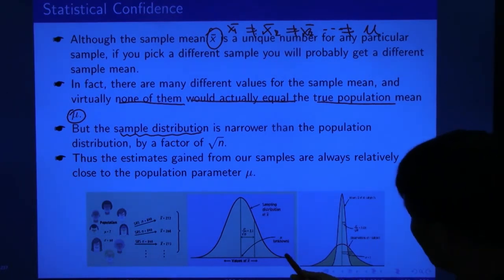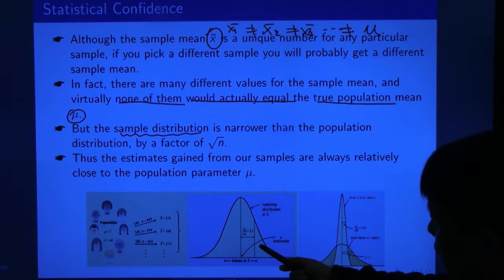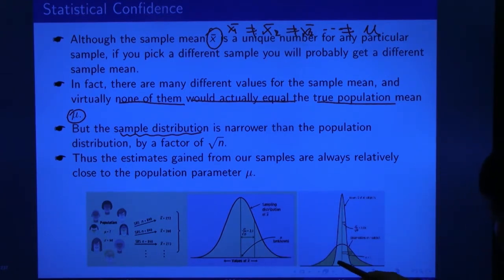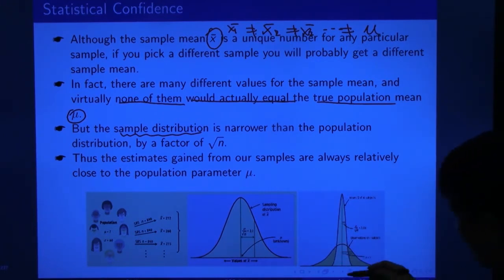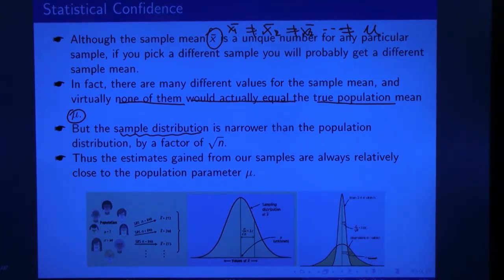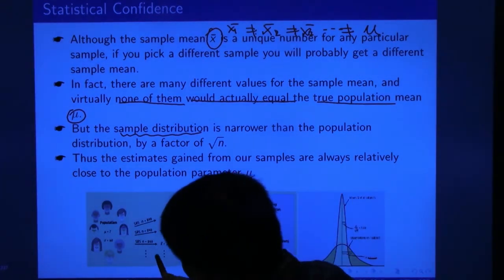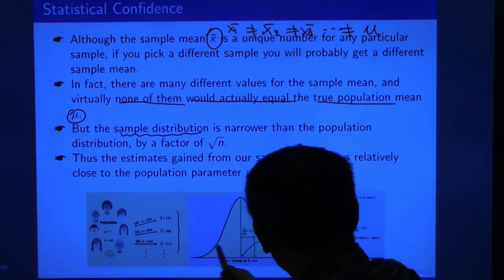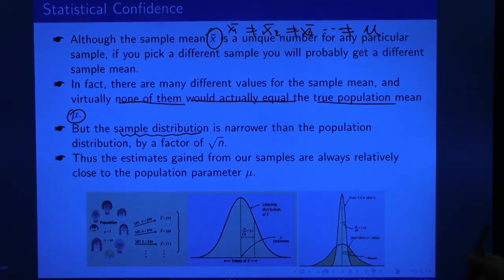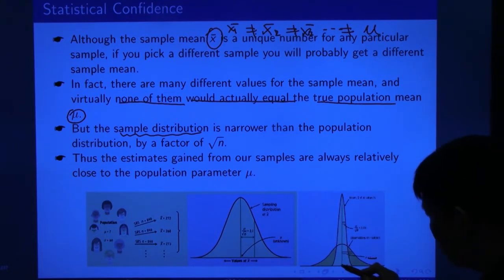In this example, this is the population distribution. It's a normal distribution, and the standard deviation equals 7. If we choose a sample size of 10, then the sampling distribution also satisfies a normal distribution. Both normal distributions have the same center, but